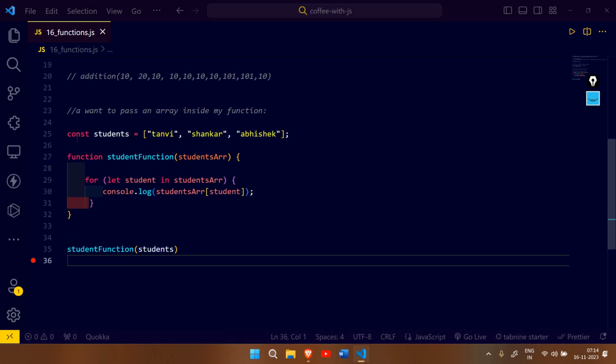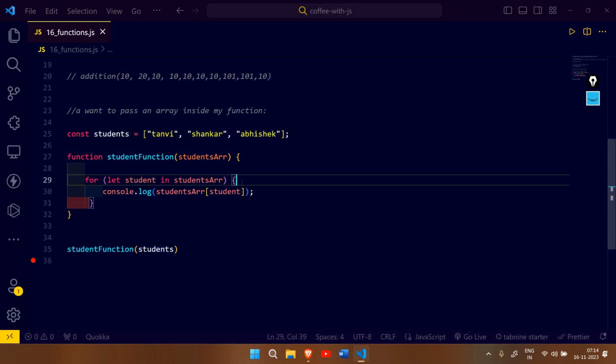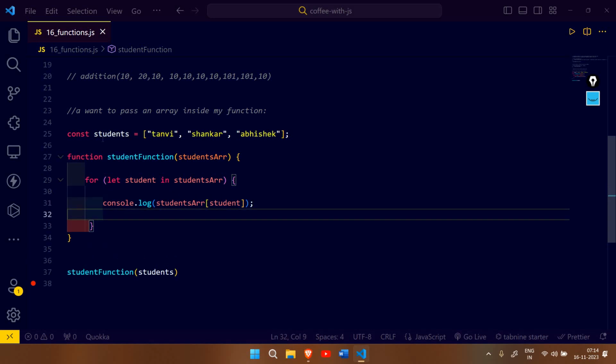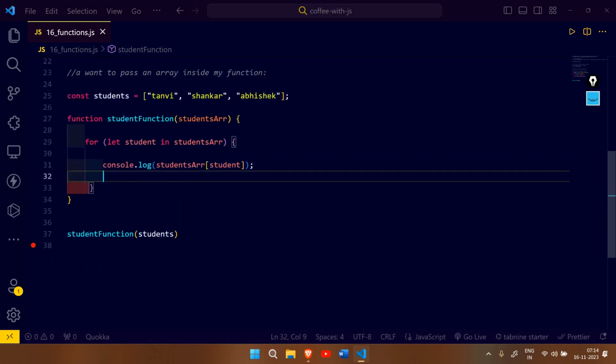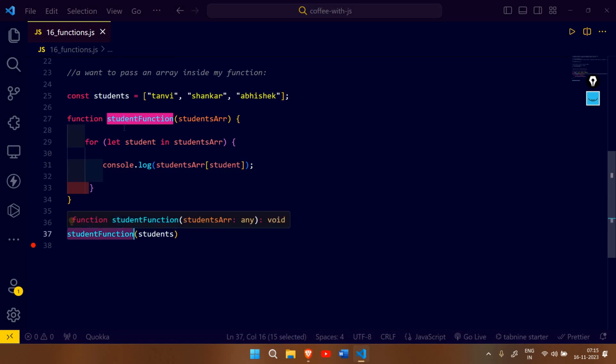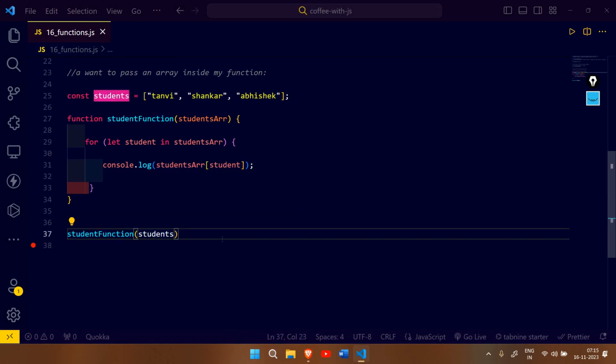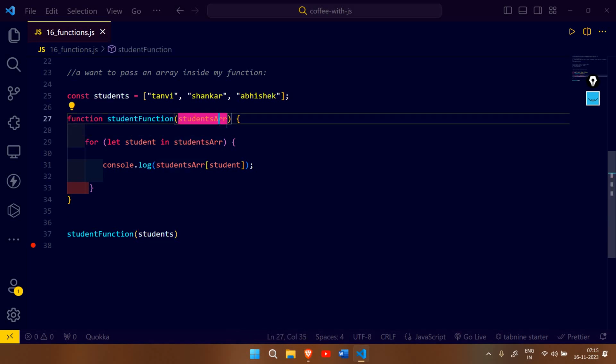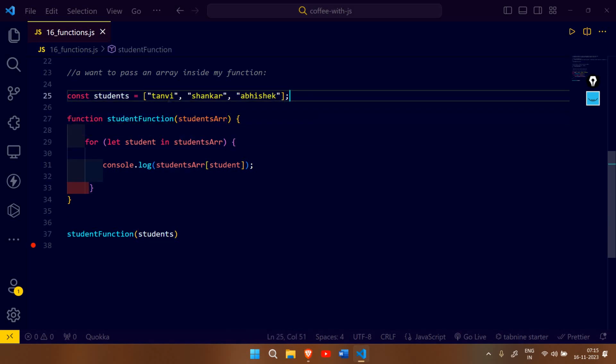मेरे एरे का नाम क्या है, स्टूडेंट। तो अभी स्टार्टिंग से समझते हैं कहानी को। मैंने इस कोड में क्या किया कि सबसे पहले तो एरे डिफाइन किया है, राइट। फिर उस एरे को मेरे स्टूडेंट फंक्शन के अंदर पास किया विद द सेम नेम। और मैंने यहाँ से इसको एक्सेस किया मेरे स्टूडेंट फंक्शन के अंदर, किस नाम से, स्टूडेंट एरे के नाम से। यहाँ पर ये स्टूडेंट और ये स्टूडेंट एरे, ये तीनों ही सेम चीज है, ये तीनों के तीनों मेरा ही एरे कैरी कर रहे हैं, राइट।